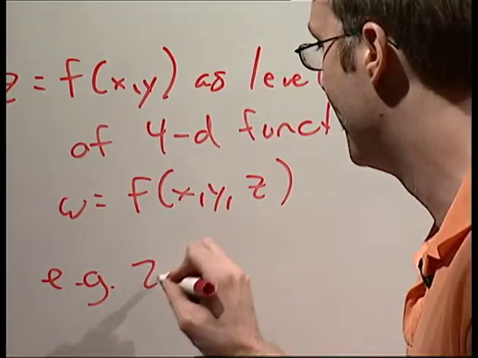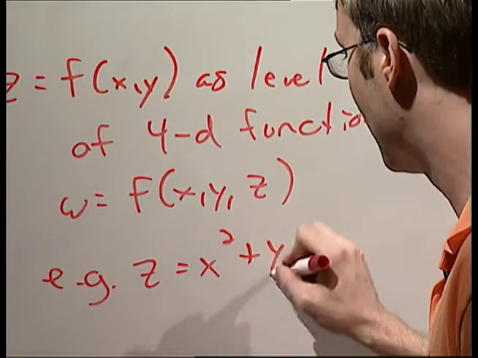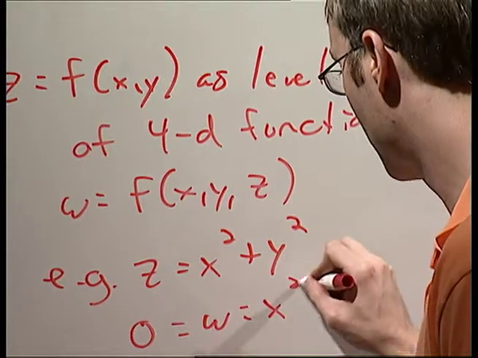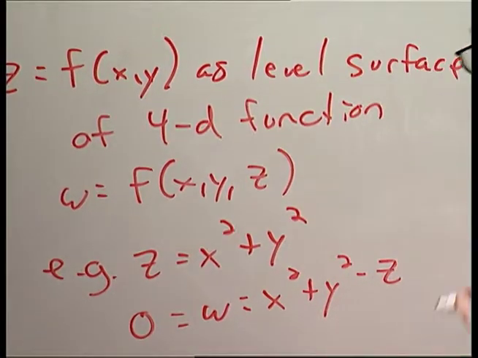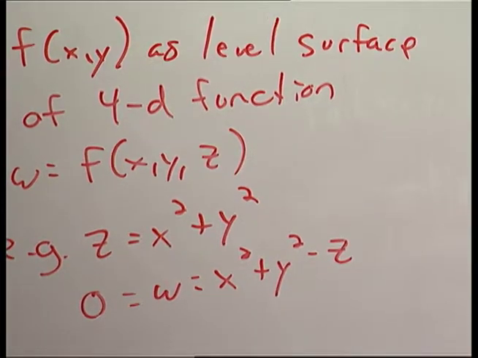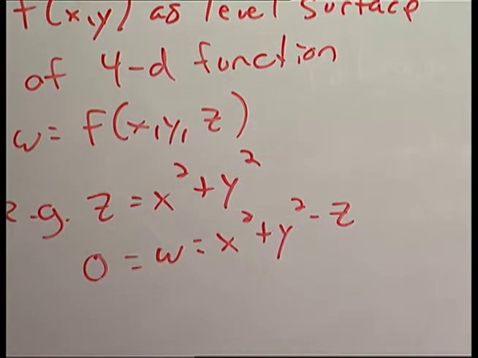For example, if I had z equals x squared plus y squared, I would just consider my W to be x squared plus y squared minus z. Right? This is the level surface of W. Right? Okay. So